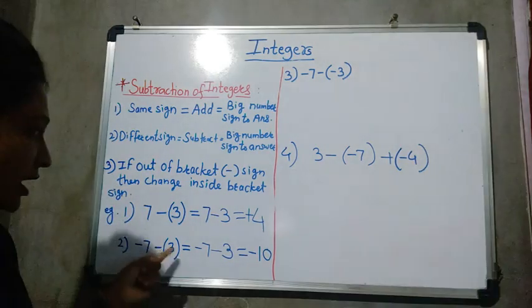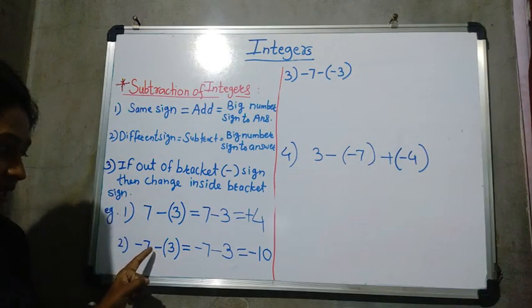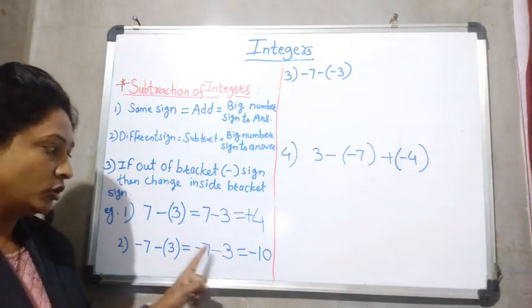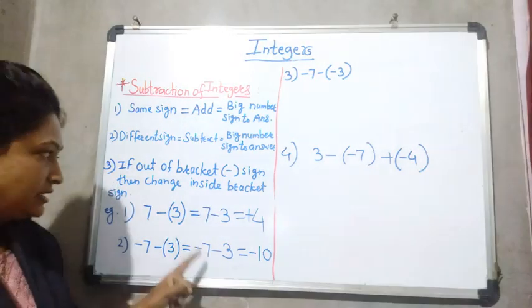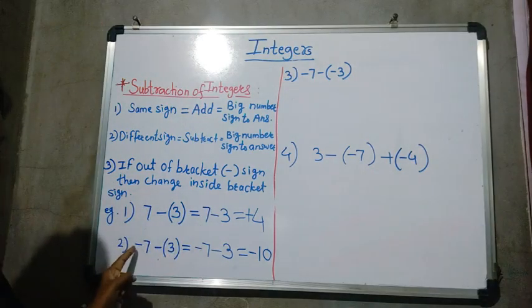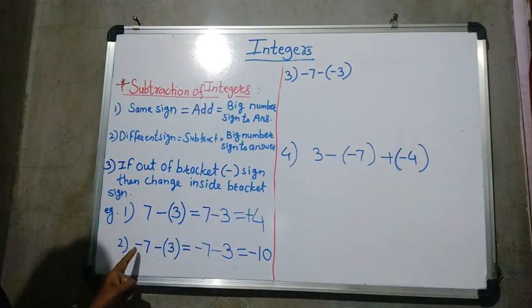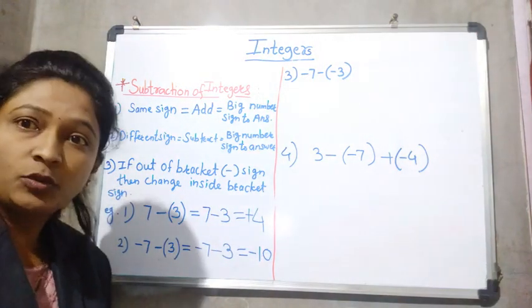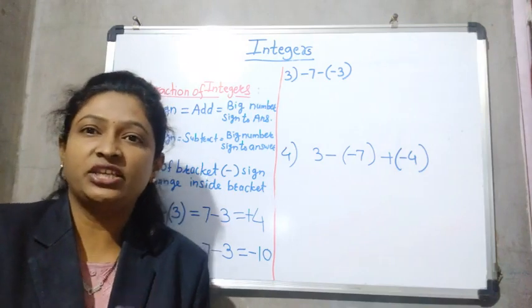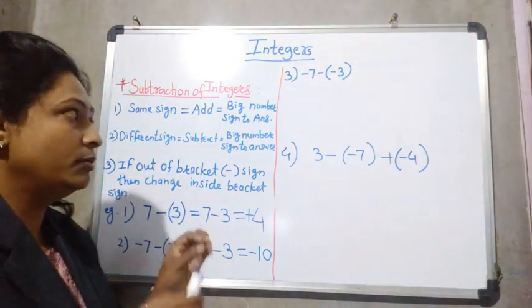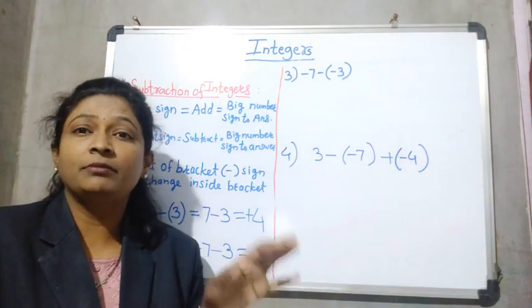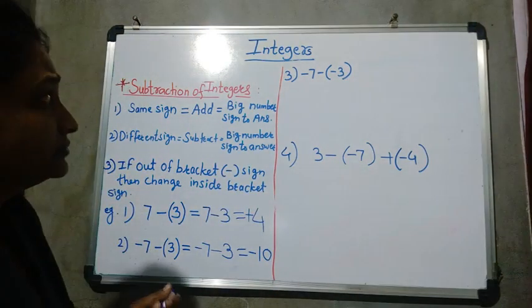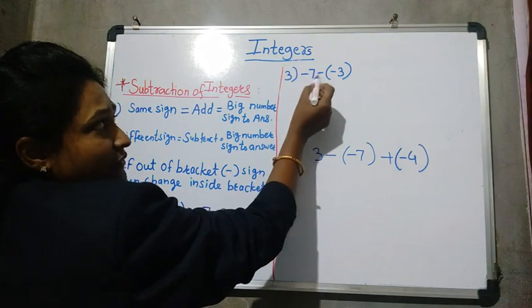Understand what I did here? The outside bracket has a negative sign, so the inside number changes. Positive 3 became negative 3, so both numbers have the same sign. See, the numbers are the same, but because of the sign, here it was positive 7 and here negative 7, the answer changed. Always remember that in maths, if a number or sign changes, the whole answer will change. So please be careful about your signs while solving maths. Now see here, negative 7.